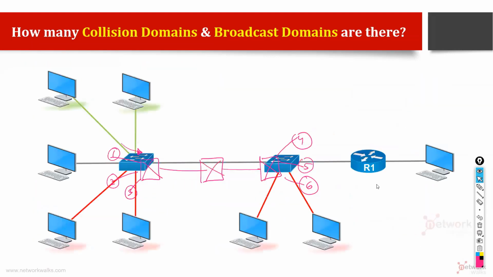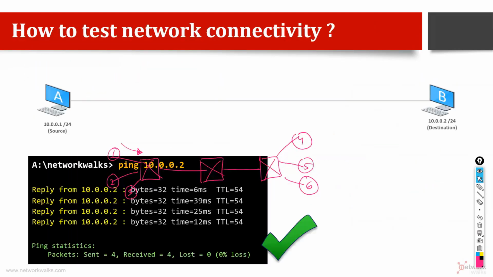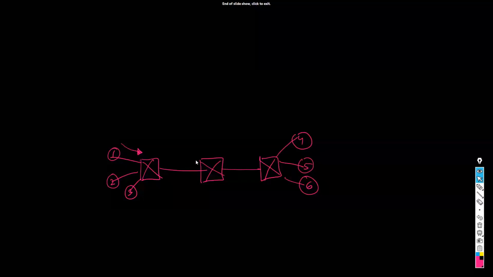Let me bring to the blank page so that you guys will understand more here. So who will receive this message? If 1 sends a message, of course 2 and 3 are going to receive. Yes, they will receive a copy. It will forward here, it will forward. But will 4, 5, 6 also receive or not?